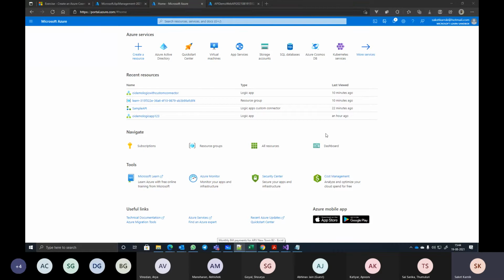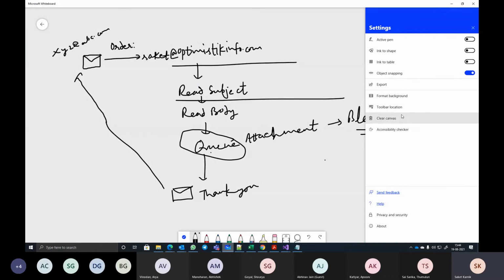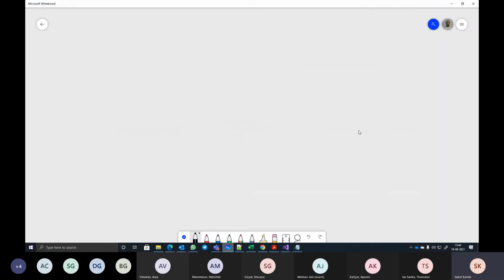Okay, so now it is about the API management. Let's have a little discussion. I create some API which talks to my database and provides the actions against it.